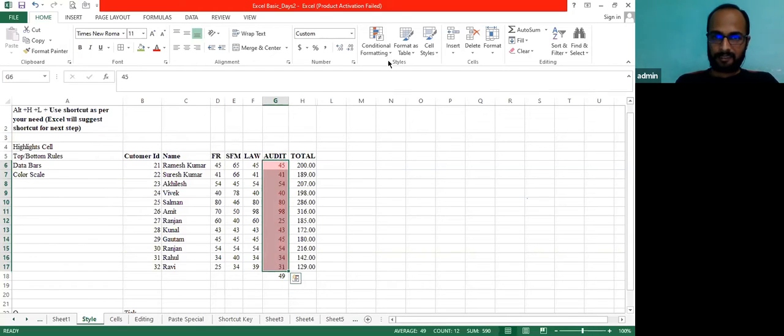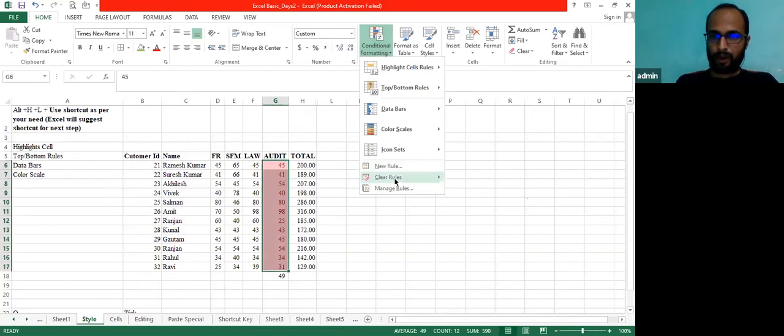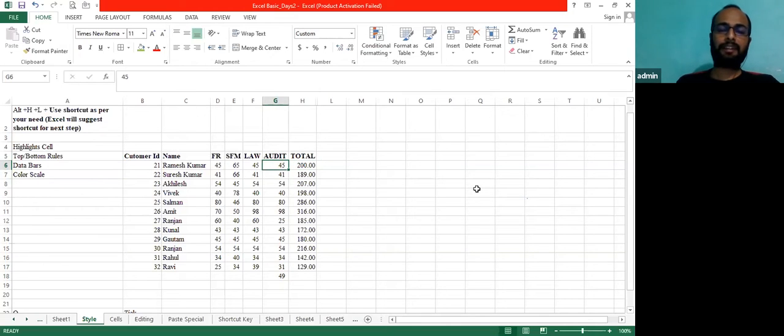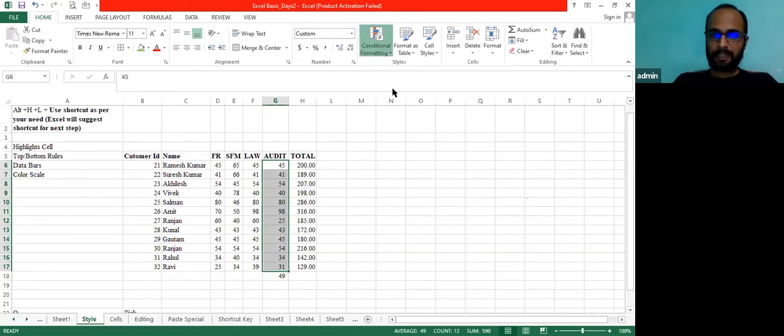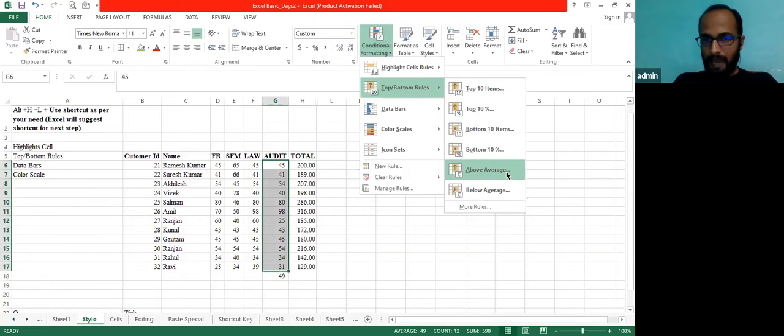Now I will show you how, if we want to identify which student has scored more than average and which student has scored less than average, we want them separately, with different colors. So how it works, you can implement n number of conditional formattings on the same data. You just need to select the data, click on conditional formatting, then top and bottom, above average.